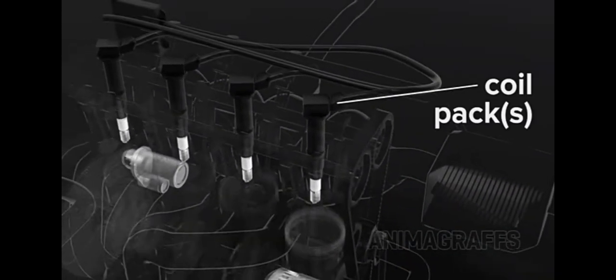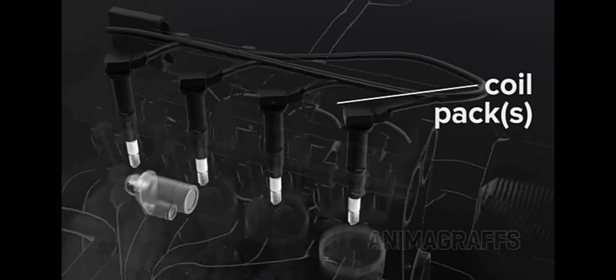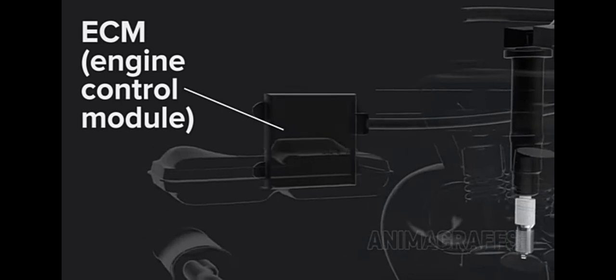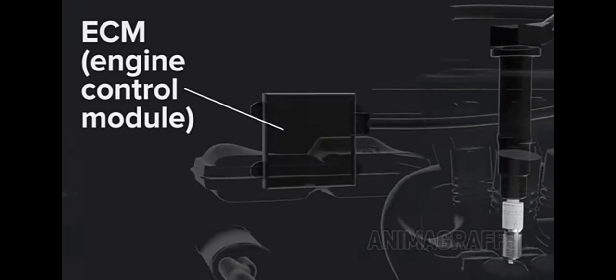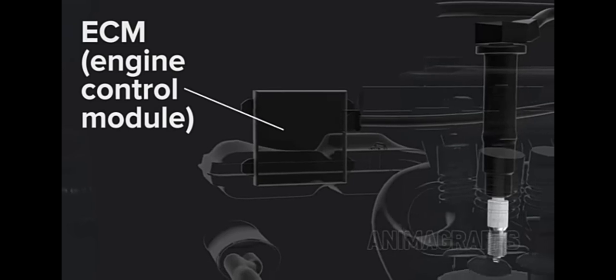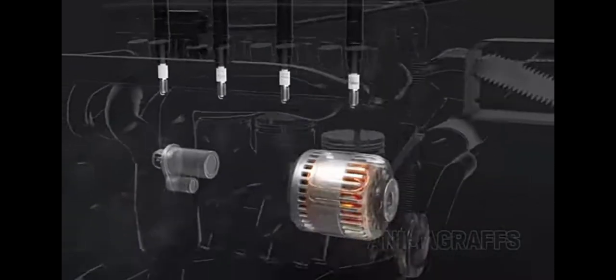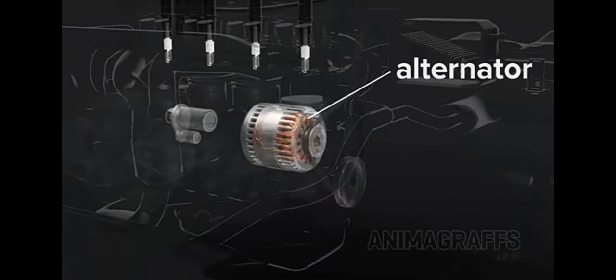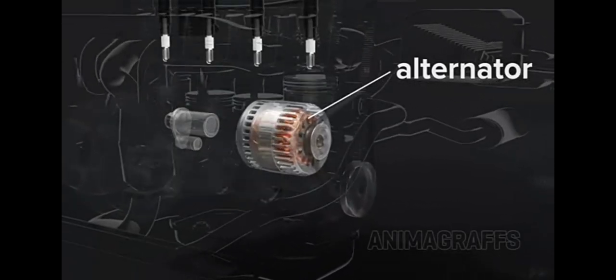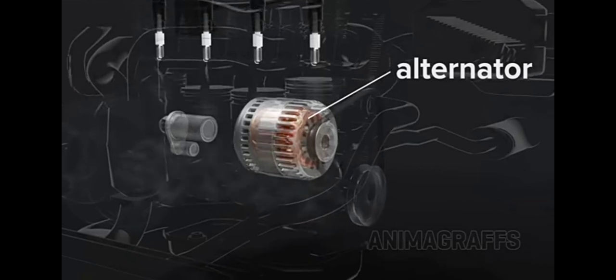The coil pack delivers electrical current to the spark plugs as directed by the ECM, or Engine Control Module. The ECM is a computer that directs many core engine functions like spark timing, valve open and close timing, air-to-fuel ratio, etc. The alternator works like a power generator, converting the engine's mechanical energy into electricity to charge the battery